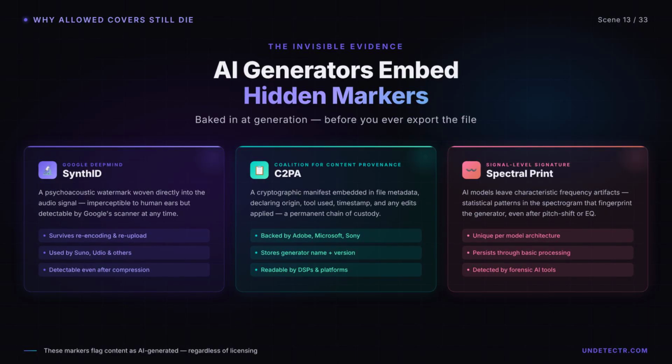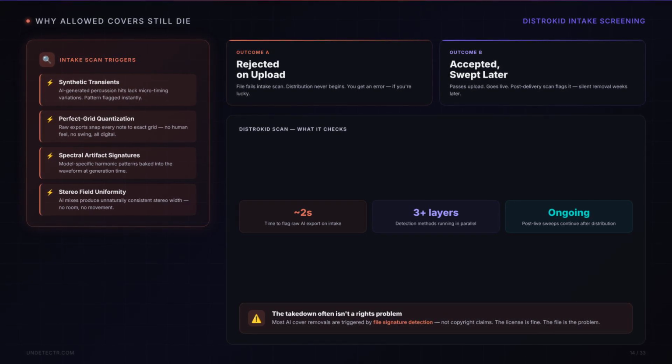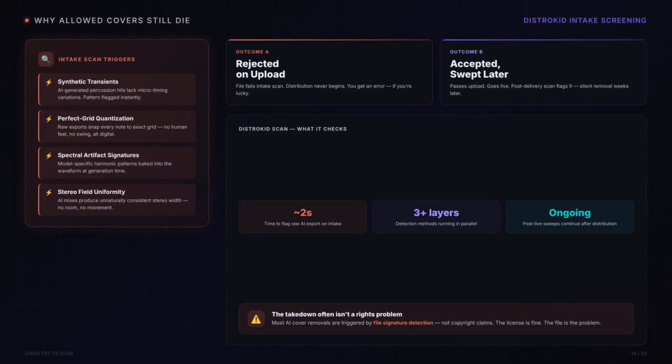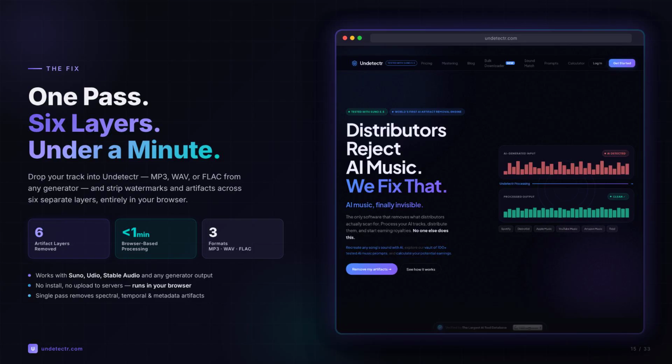Google DeepMind's SynthID watermark, C2PA content credentials, spectral fingerprints in the audio itself. DistroKid's intake screening scans for exactly those markers. A raw AI export lights up on site, rejected on upload, or accepted and quietly swept out later. The takedown you're afraid of often isn't a rights problem at all. It's a file problem. That file problem is the one we solve.